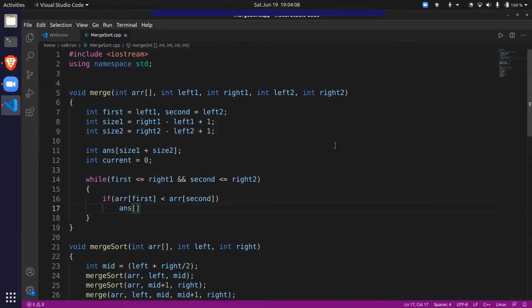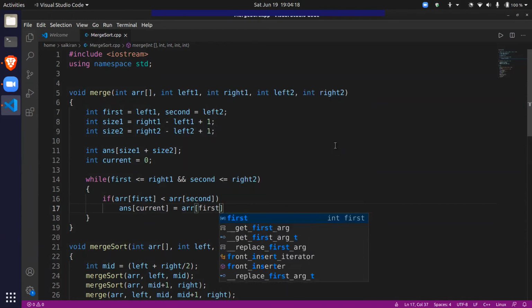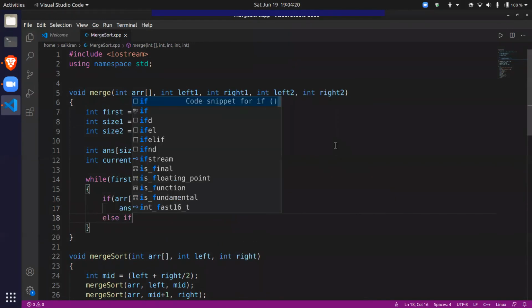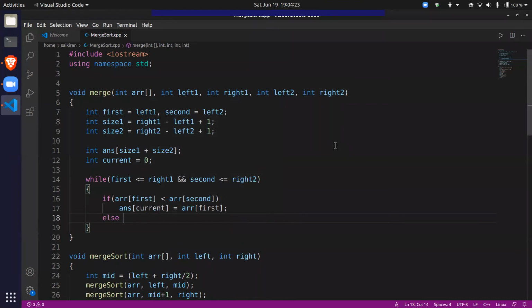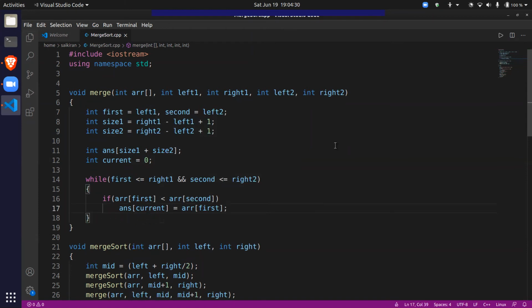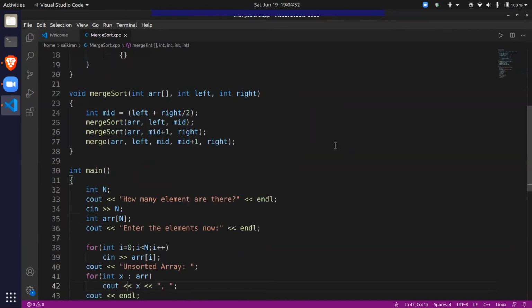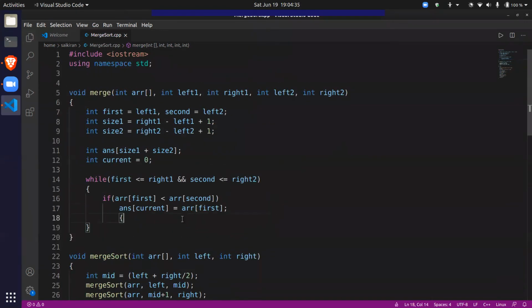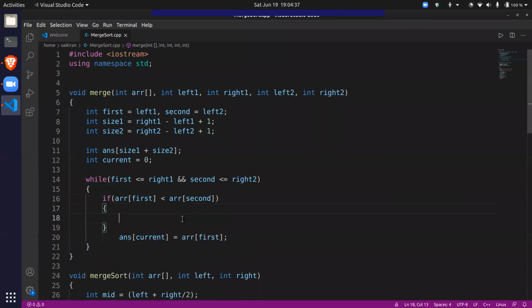So now, if the first element is less than the second element, put the first element in the answer. Answer of current will be ARR of first. Else if ARR of, okay, wait, we forgot one thing. Yeah, I am putting braces here.